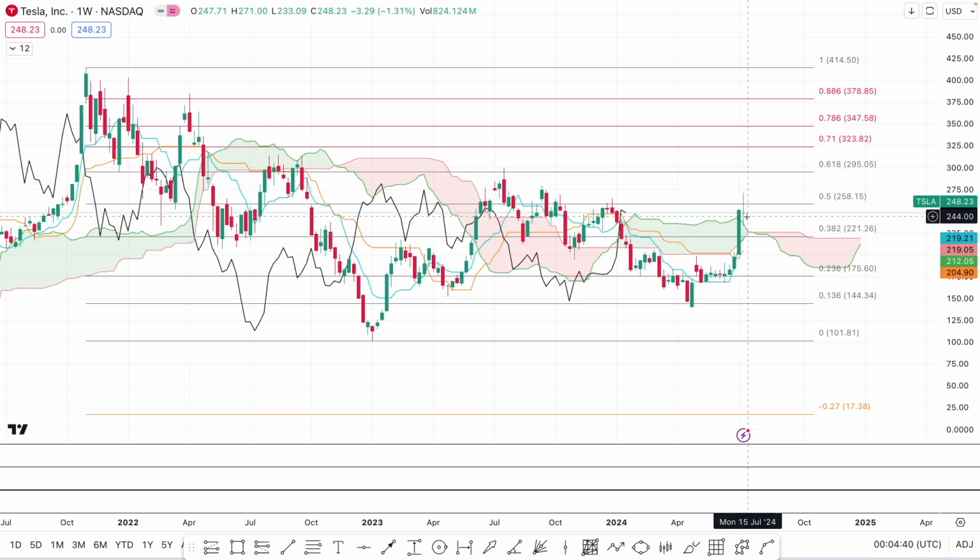Well, next week the cloud does go down to maybe about 226 or so. So there is a possibility that there could be some weeks to come where this top of the Ichimoku cloud could get hit, or even a retest of the 382. So we're going to keep that in mind because that could be where price could be heading, since this is like a doji candle with an obvious wick and a rejection of the 50% level, right? So we need to keep an eye on next week to see any changes develop,